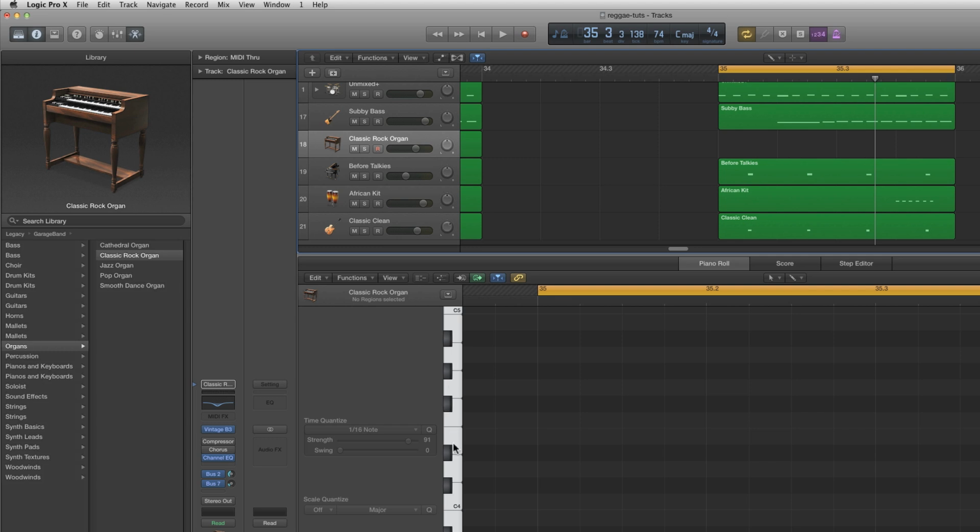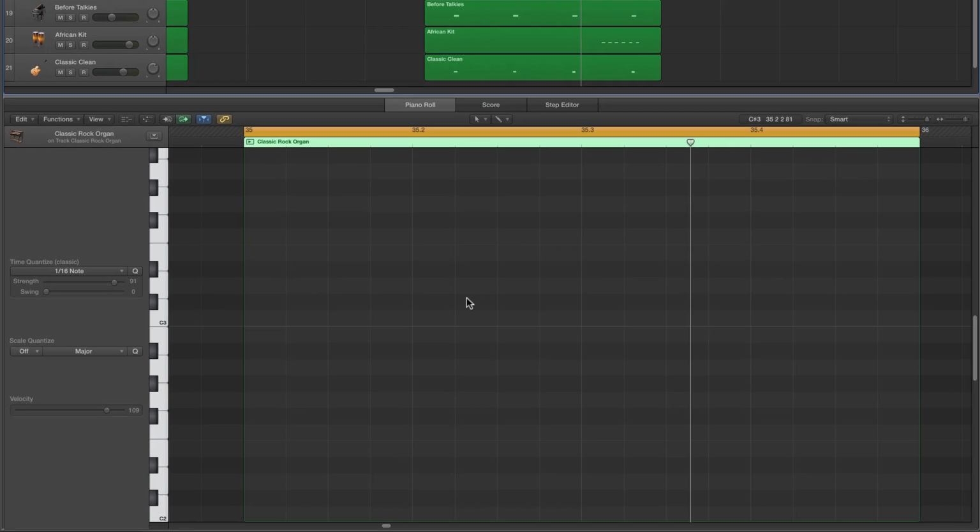But look, listen to it, right? It's a sort of cheesy Hammondy organ. You want to just find a cheesy Hammondy type organ. Really, this lick is done on an old, I don't know, Farfisa electric organ or something. It's a cheesier sound, but you want something fairly thin and cheesy, right? Put in an empty region on the organ track, and in the middle of the second beat here,